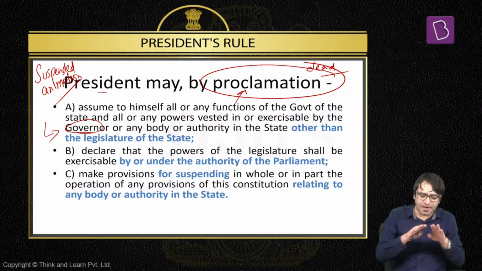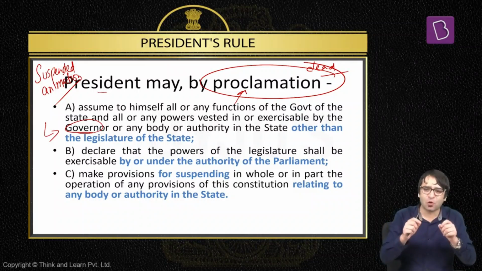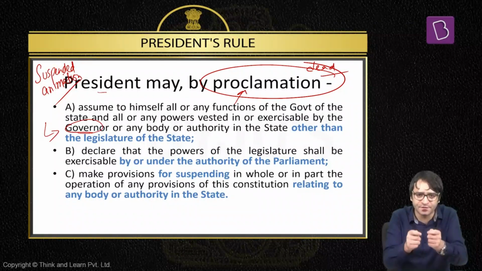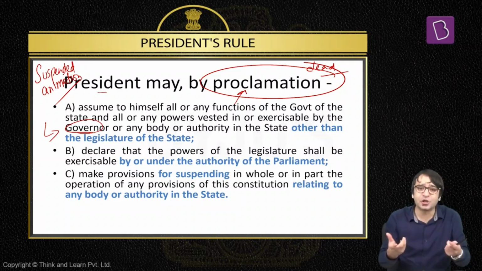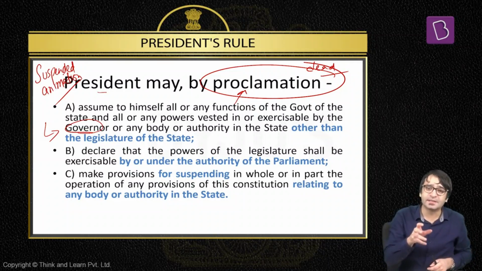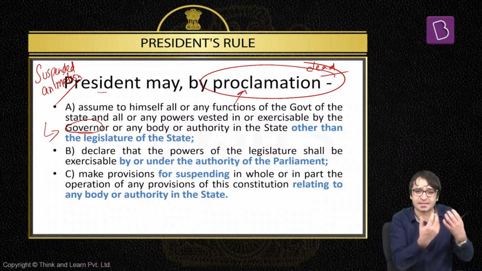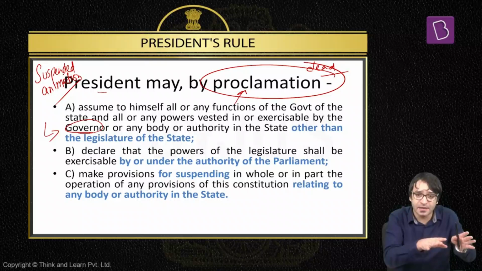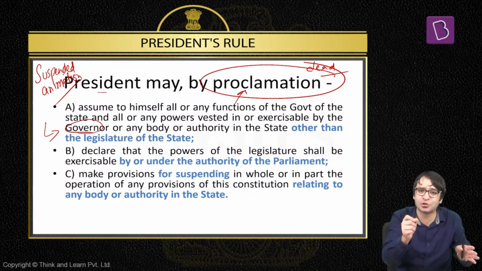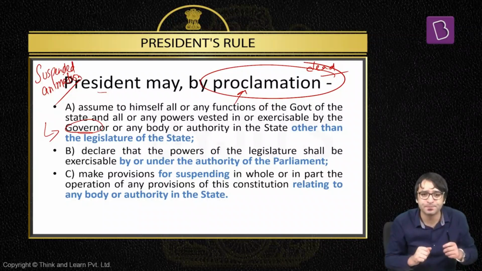To put it very simply, when president's rule is imposed in a state, there is something called the presidential proclamation. The president proclaims president's rule under Article 356 in a state. Let's say, for example, the state is Punjab. In this presidential proclamation, the first thing mentioned is who will take over the executive powers of Punjab. Executive powers will be taken up by the president, and the president will exercise all these executive powers through his agent, who is the governor, because there is no chief minister and no council of ministers. The first casualty of president's rule is the death of the council of ministers headed by the chief minister. So the executive function is sorted.